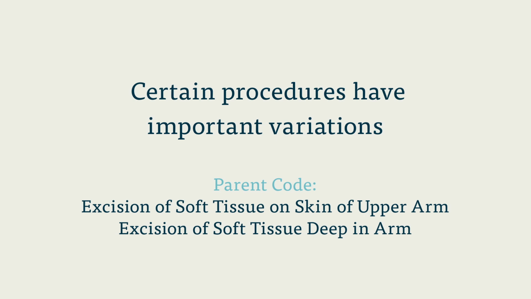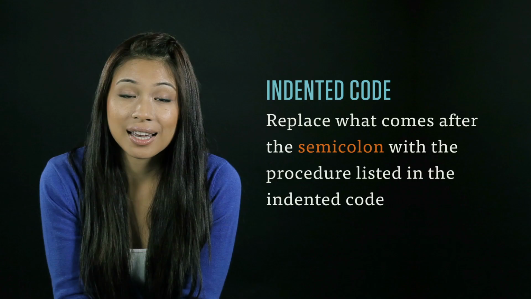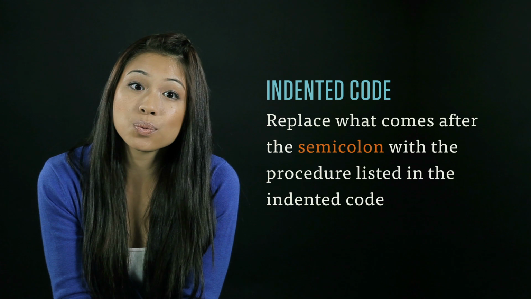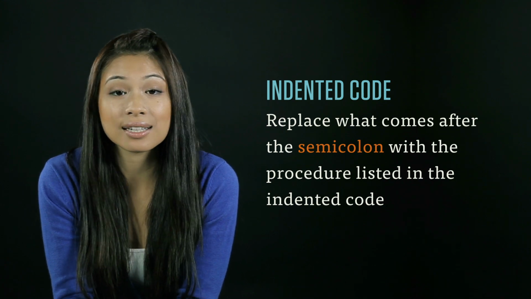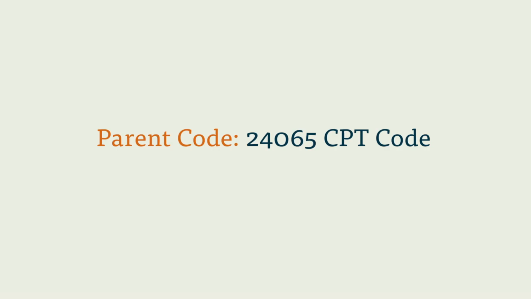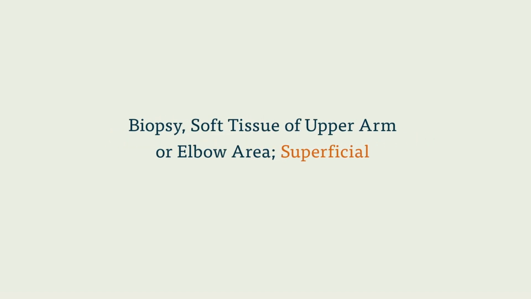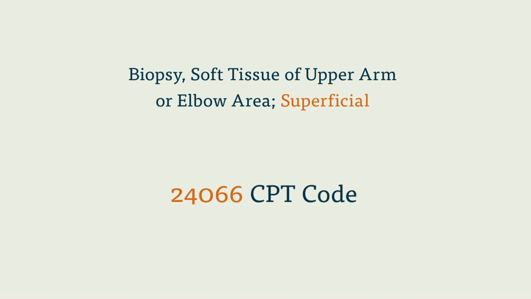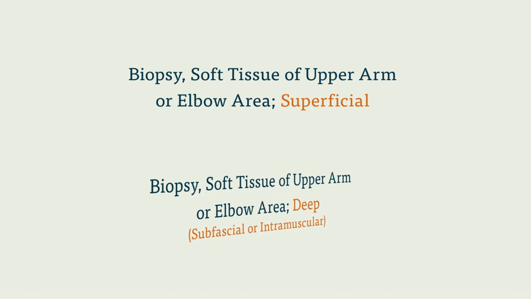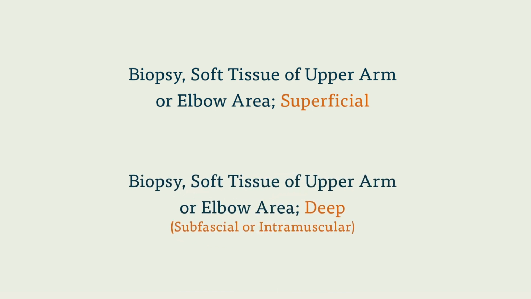The specification of the parent code comes after a semicolon and describes where the excision takes place. When using the indented code, we'd replace what comes after the semicolon with the procedure listed in the indented code. Here's the parent code: 24065, biopsy, soft tissue of upper arm or elbow area, superficial. And here's the code we want: 24066, biopsy, soft tissue of upper arm or elbow area, deep, subfacial or intramuscular. So we'd select the indented code, 24066, and use that as the procedure code for the biopsy on the cyst